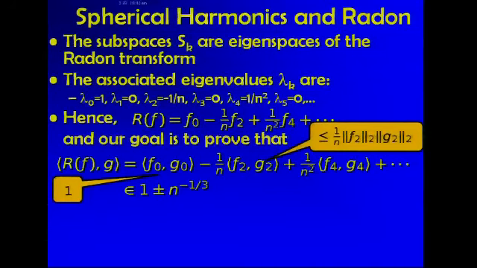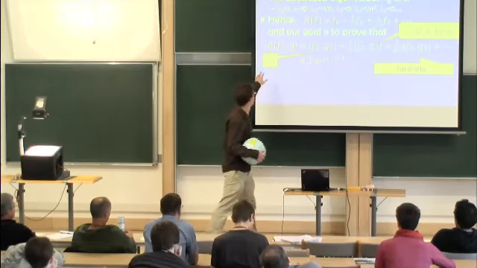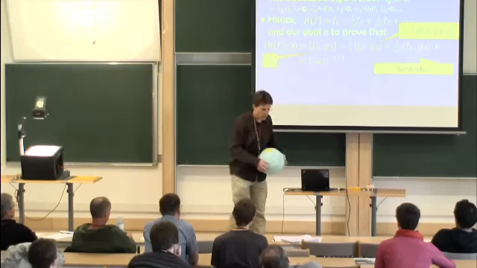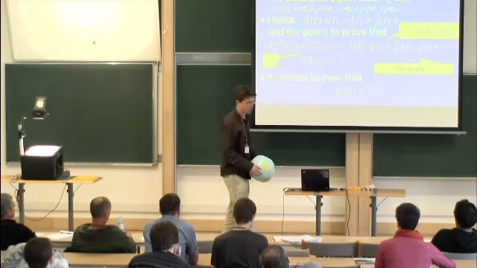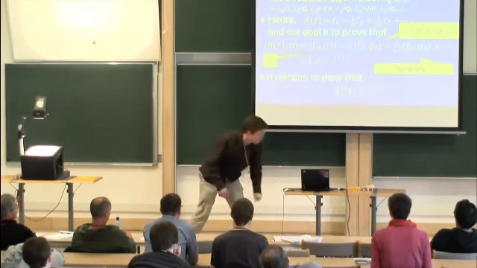So what we are actually left with proving is the following. The first term is 1, so we just want to prove that the second term and the others don't contribute too much. What I show you is that the L2 norm of f2 is at most n to the 1/3. This is our goal. You can do the same for f4, and believe me, the important term is the second term. The others don't contribute too much.